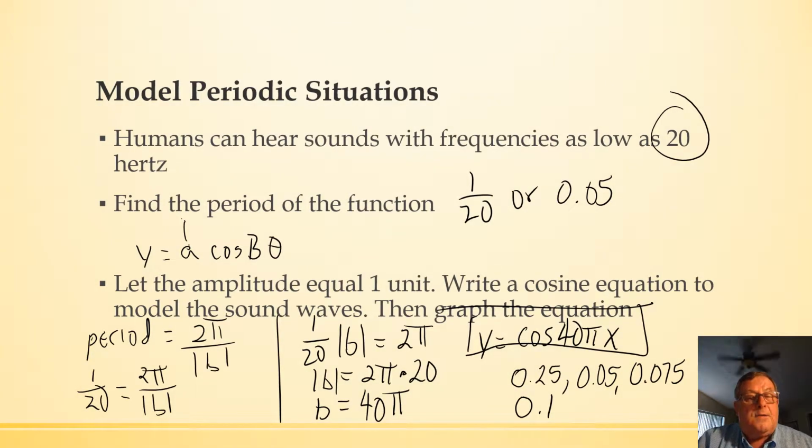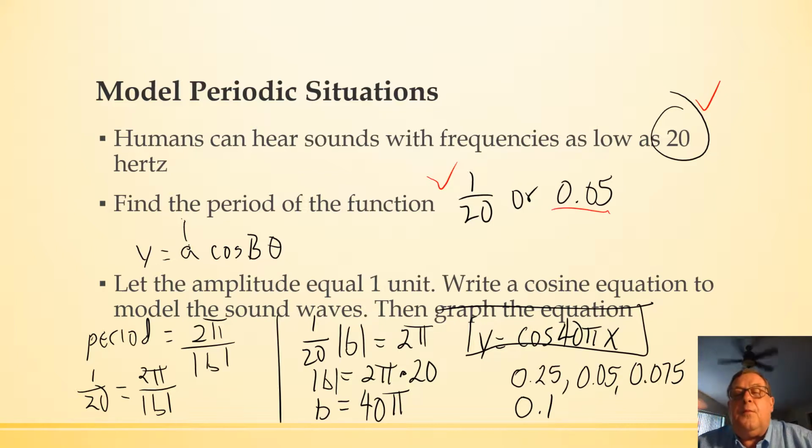Well, all right, we're talking about modeling periodic situations, and here in this example, we're told that humans can hear sounds of frequencies as low as 20 hertz, and then we're asked to find the period of the function. Now, the period and the frequency are reciprocals of each other. So, if the frequency is 20, then the period is 1 over 20,